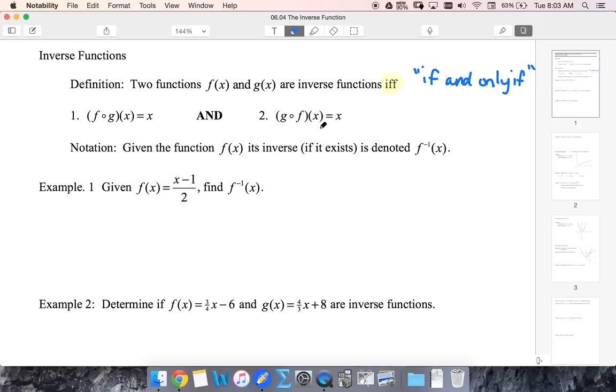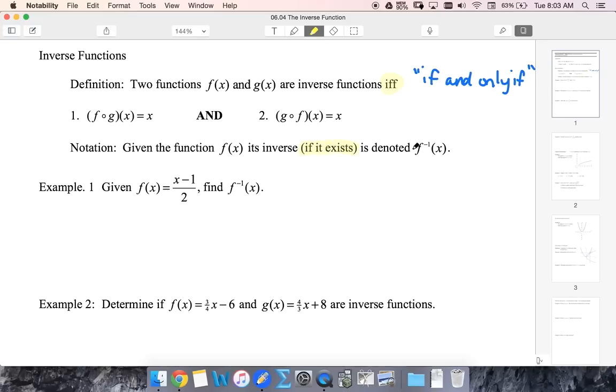Now remember in 6.3 we said that f of g of x does not equal g of f of x, but in this case, this is the one case where they do equal each other. So given a function f of x and its inverse, if it exists, so inverses do not always exist,